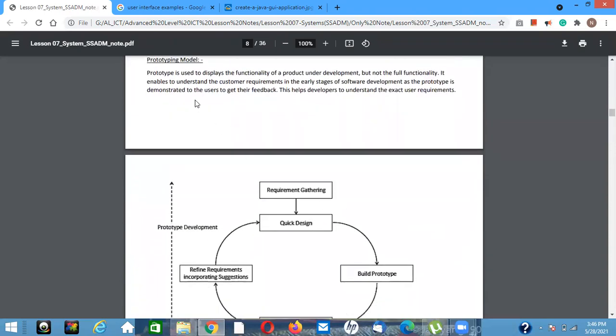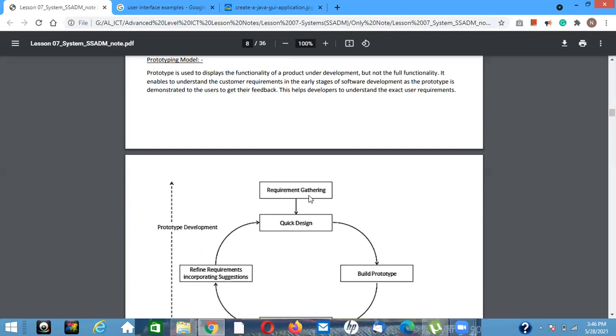Then the prototyping model. The prototype model is used as a combination of the system development team with the final end user.